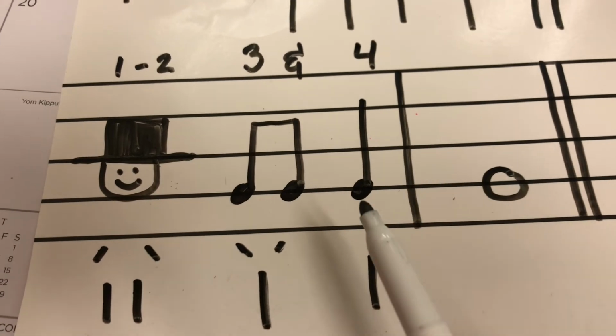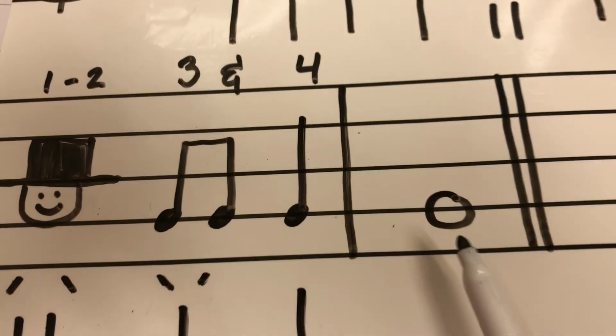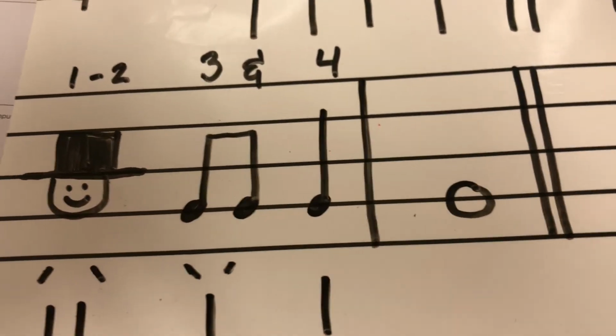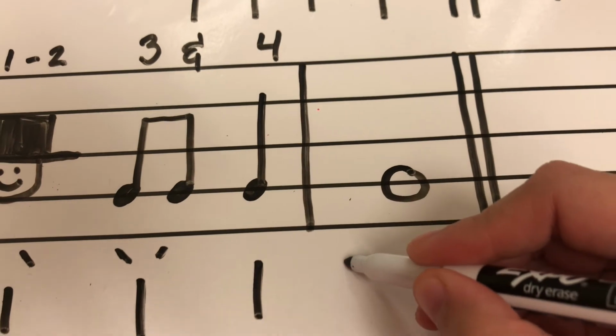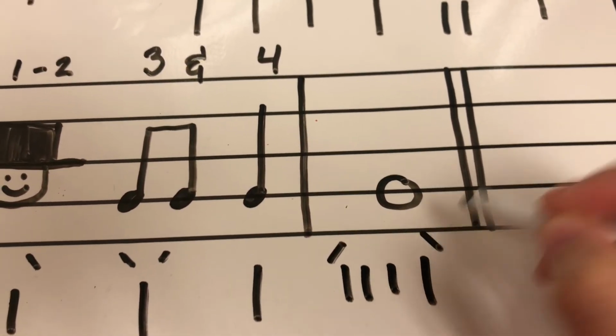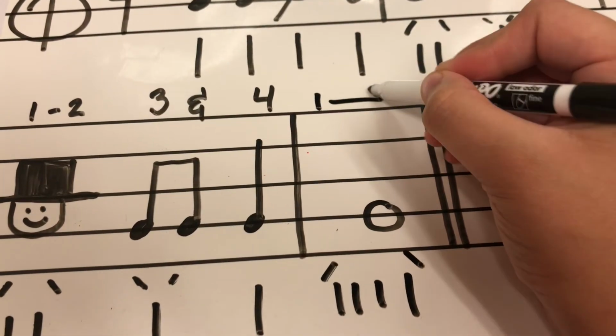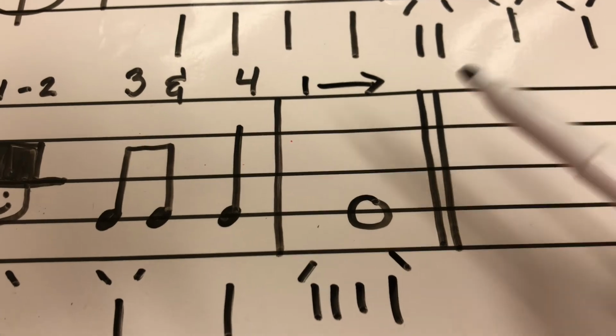3 and 4. Our last measure just has 1 note in it, but each measure gets 4 beats, so we know that this last note is a whole note. So it has 4 beats all together, and we're going to hold 1 for 4 beats. That sounds like